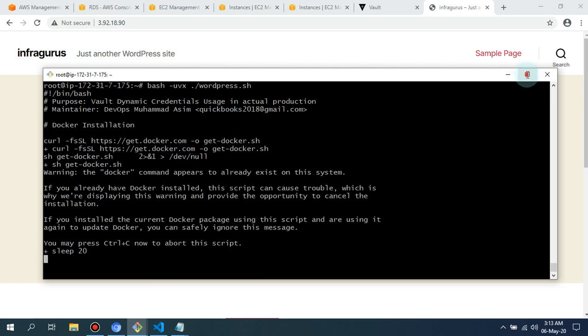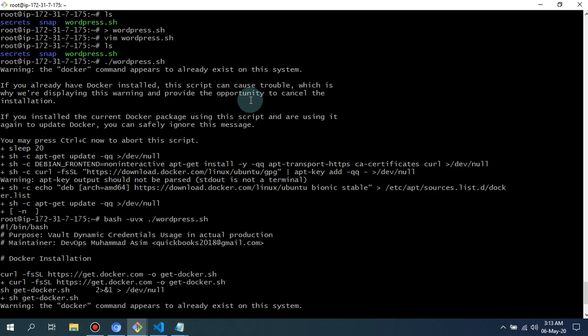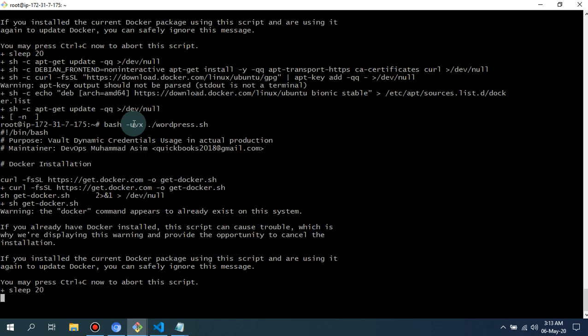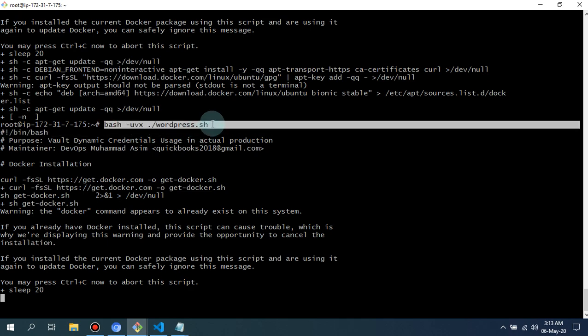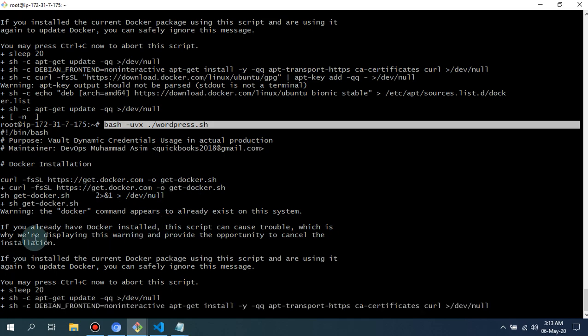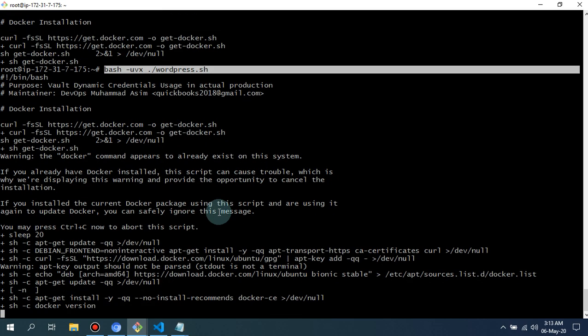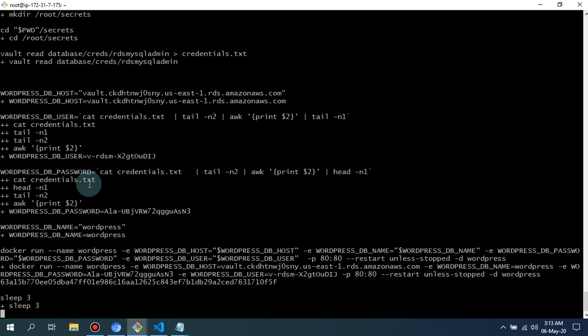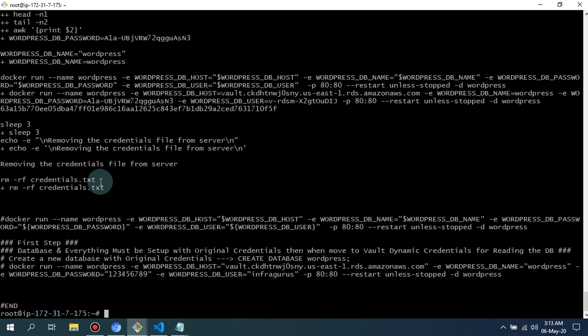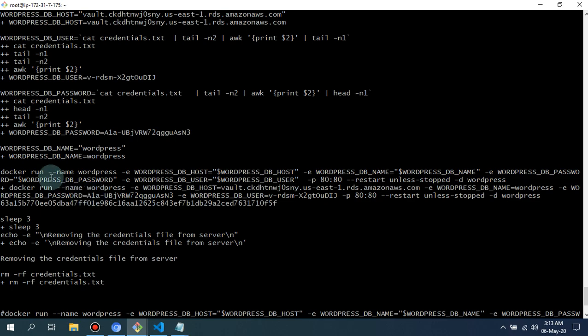So as far as the debugging is concerned, let me show you that this is the script. Okay, this is the script we run after debugging. So it is going to install Docker. Curl is the command. It is going to download Docker and run everything, but this is not our area of concern. This is the part where we are interested, and let me show you the credentials used for our dynamic credential in our WordPress. So you see WordPress DB name is the WordPress database name,